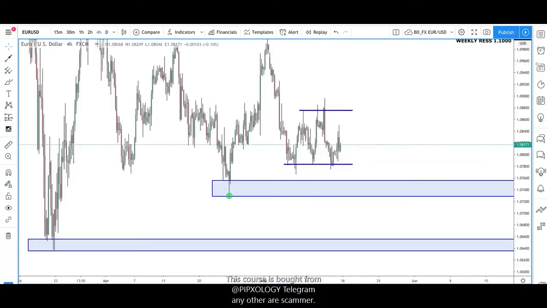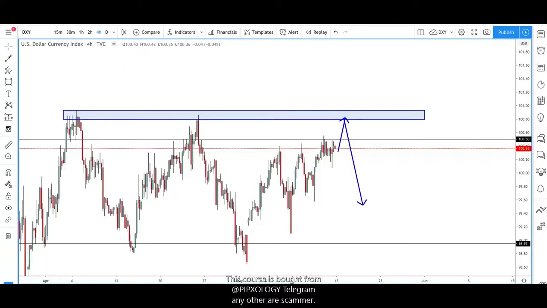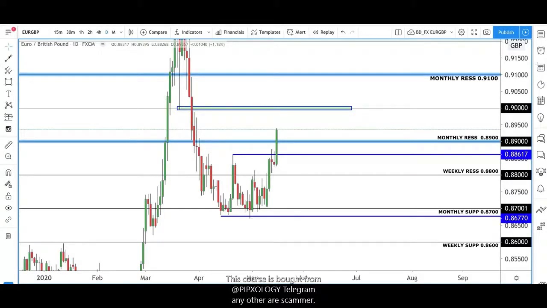So that's about it, guys. The US dollar is one of the main things to watch out for at the start of the week to see how it reacts. But yeah, I think there's going to be quite a few opportunities. So yeah, let's look forward to a good week and a busy week this week.